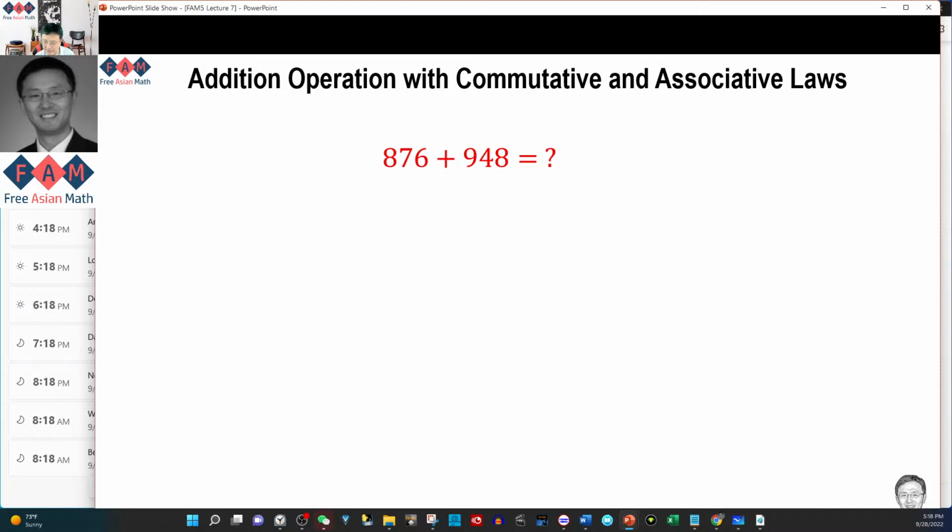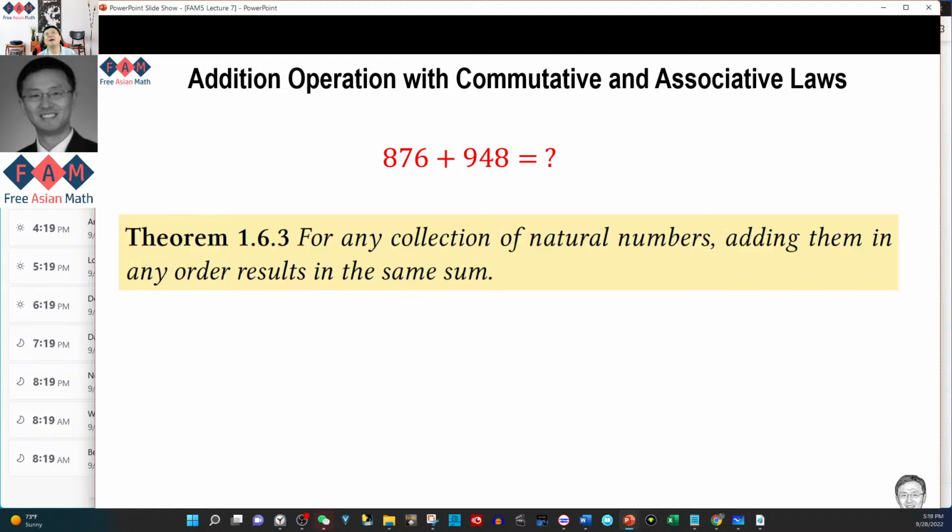That's why we study the commutative and associative laws, right? In homework number 5, at the very end, you were given some very challenging problems that essentially ask you to show a theorem that is based on the commutative and associative laws. And that theorem is so powerful, so general. It says that for any collection of natural numbers, no matter how many numbers I have, 5, 6, 7, doesn't matter, 200, when you add those numbers up, it doesn't matter in what order